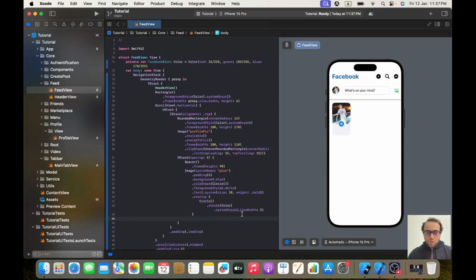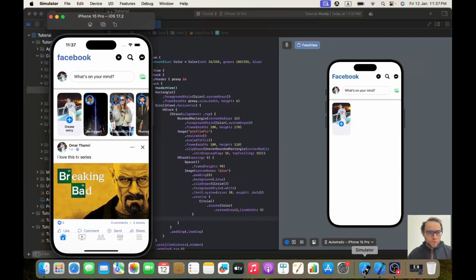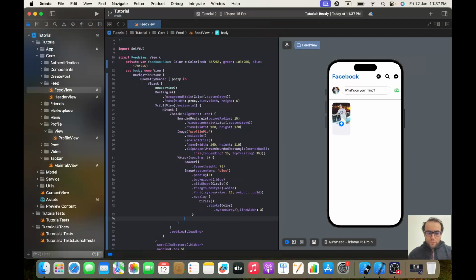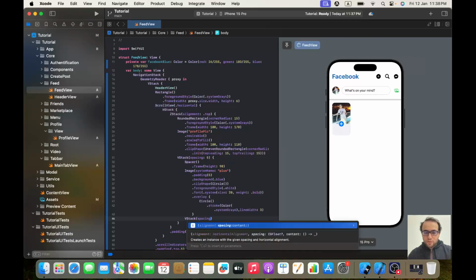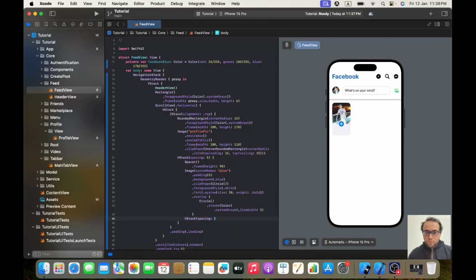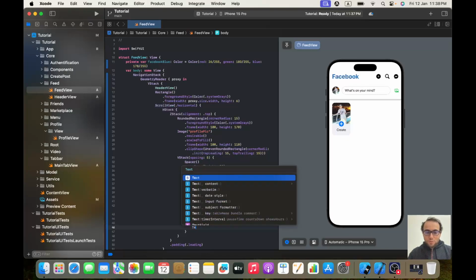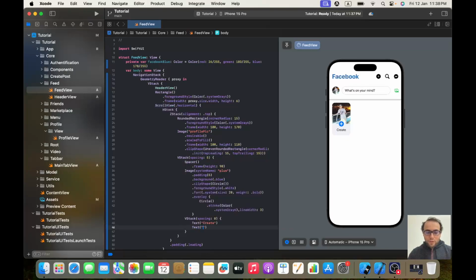Beautiful, I think, very beautiful, and we are progressing very well. The next step is to add this one. I will add a V stack with spacing of 0, and here I will create a text, call it create, and the text, call it story,